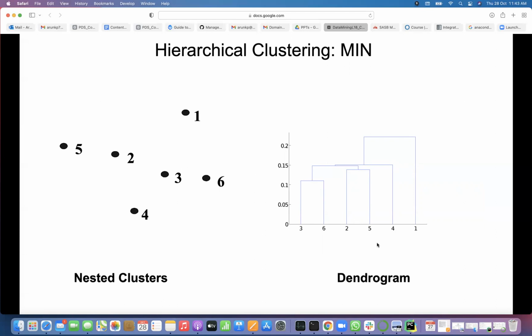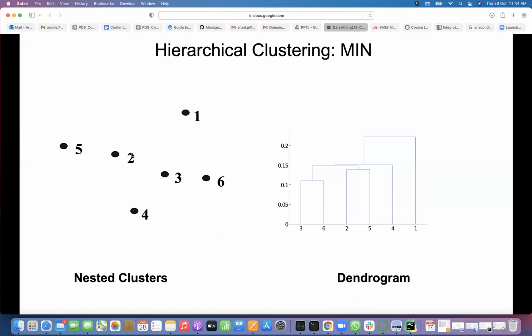Then what is merged next? 3, 6 and 2, 5. Why is it not measured 3 and 4? Because 4 looks like close to 3, 6, right? Probably 2 is closer to 3. Yeah. Though 2 and 5, because first time you are getting a cluster 5, 2 and 3, 6, right? After merging, 4 and 1 are still remaining because we are using that minimum link.